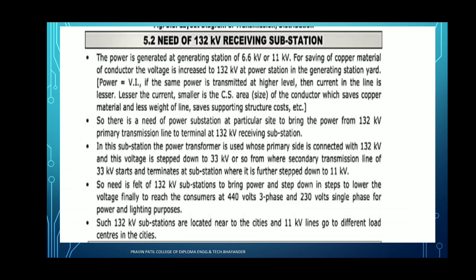Here the step down transformer is an essential part of the power system of the 132 kV substation, which converts 132 kV into 33 kV first, then another step down transformer is used which converts 33 kV into 11 kV. That 11 kV is directly fed to the consumer as per requirement of the consumer. Then that 11 kV is fed to the power line with 440 volt of 3-phase supply and 230 volt of single phase supply.